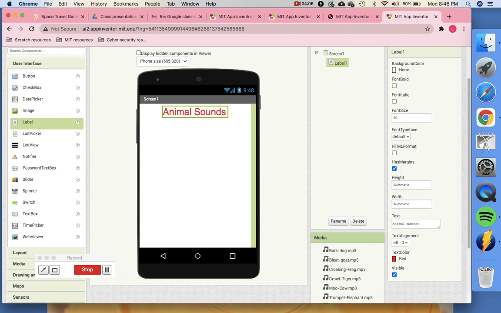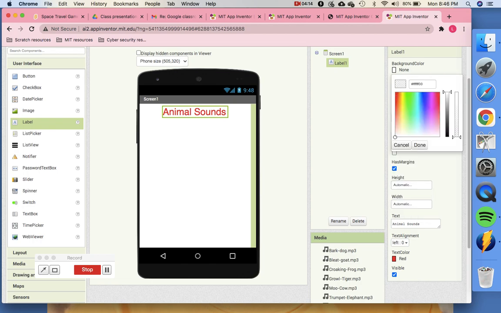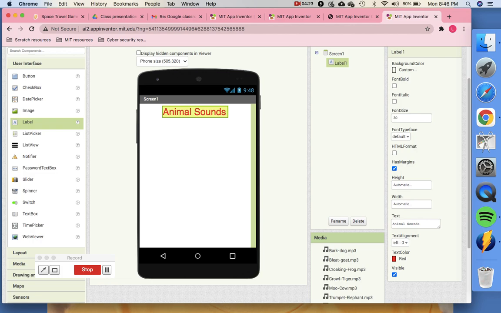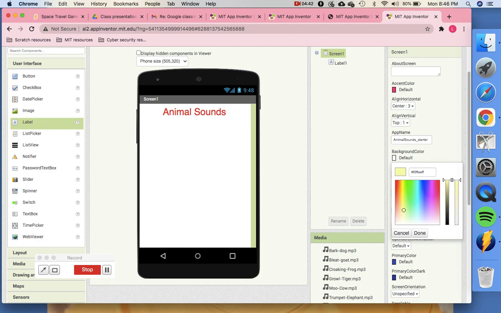If I want to choose a nice beautiful background for this, I can give a background color. Suppose I can give custom colors also. So you can go here and you can choose a nice custom color for your app. Oh, see here, now when I selected the color, it was for the label, which I don't want. I want it for the screen. So if you make a mistake like this, just remove this and put it as none, and in the screen you change the screen background color. Not accent color, it's background color. So here come to custom and put any color that you like. I want something lighter shade, so I'm putting this.